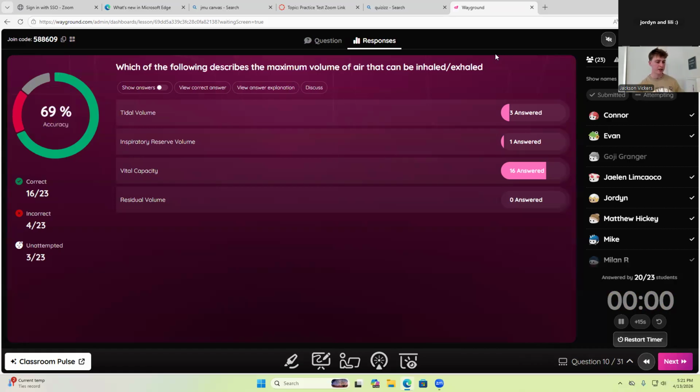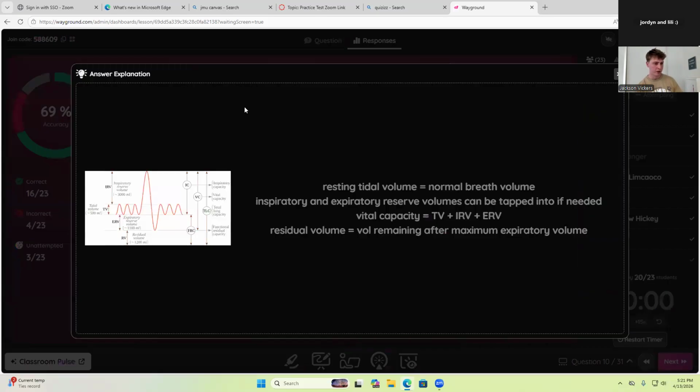So yeah, vital capacity. I don't know if I threw in the photo, but yeah, this photo right here. Make sure you know this very well. Resting tidal volume is the amount of air in a normal breath when you're not exercising or anything. Inspiratory and expiratory reserve volumes are kind of like what you could tap into if you need to get more, so if you start working more breath in or exhaling a lot out,